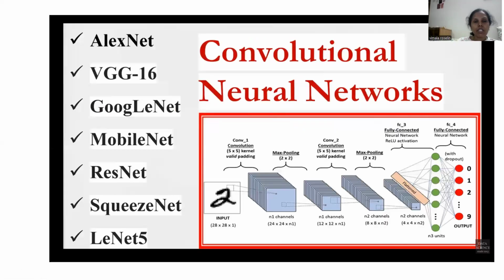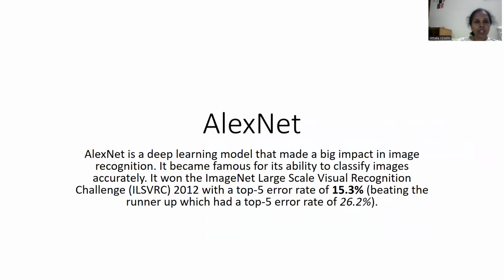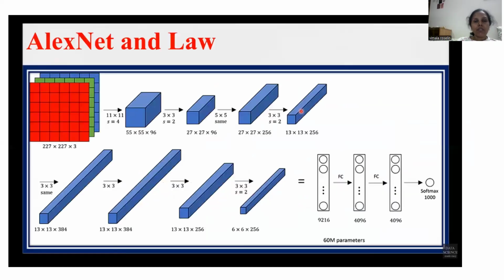AlexNet is one of the convolutional neural networks. This is used for image classification. AlexNet is a deep learning model that made a big impact on image recognition, and it became famous for classifying images accurately. This is the architecture for the